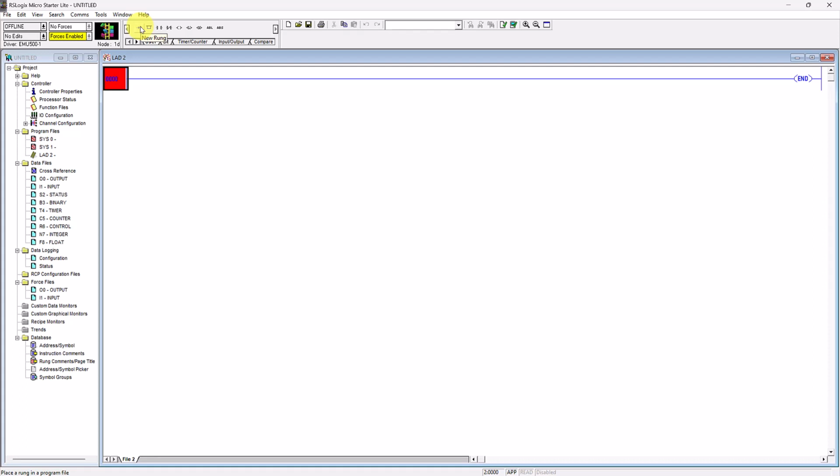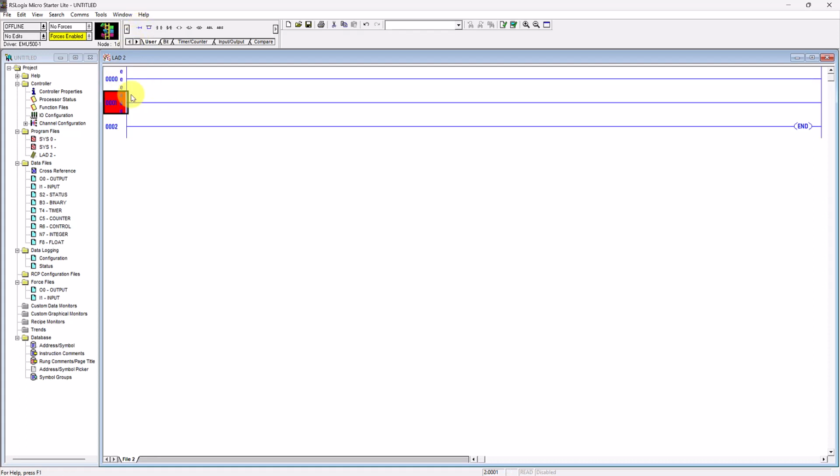Okay, click the new rung. Now I want to put some instructions here, normally open and normally closed virtual switches. Let's say I click this one, virtual normally open switch, or examine if closed instruction. So I just need to click and drag until